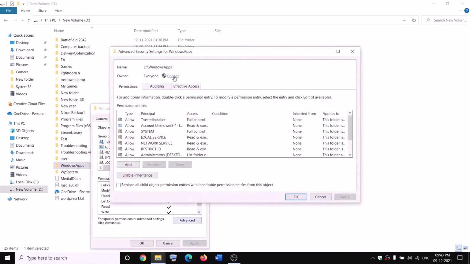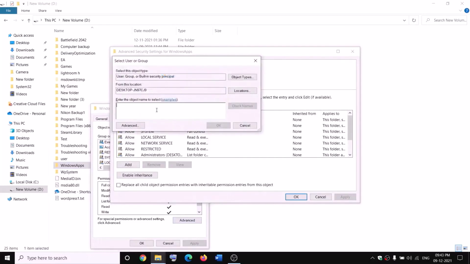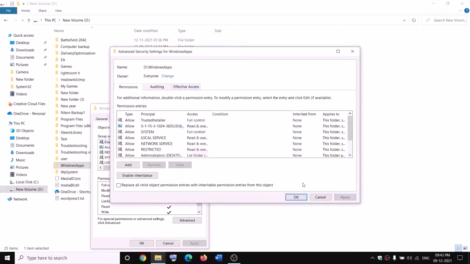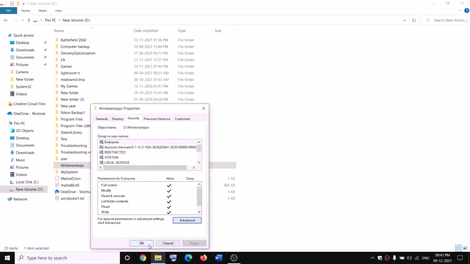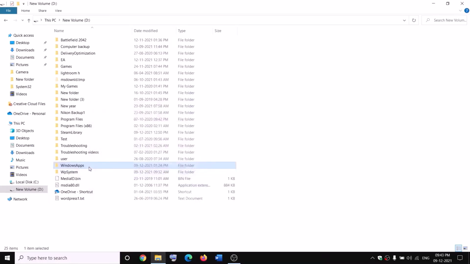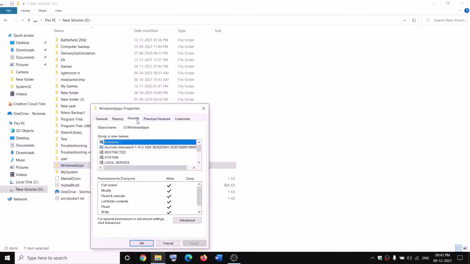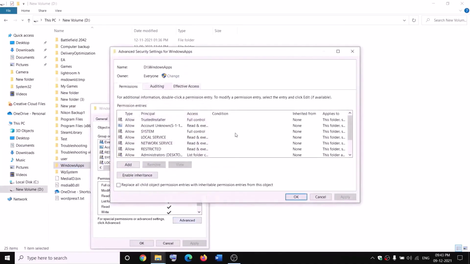Now click on Change over here, type in Everyone in the box. Now click on Check Names, then click on OK. Now put a check on the box which says Replace owner on subcontainers and objects, and then click on Apply, OK, OK, again OK. Again make a right click on WindowsApps, select Properties, Security tab, Advanced, and this time